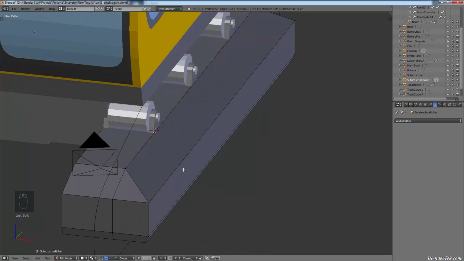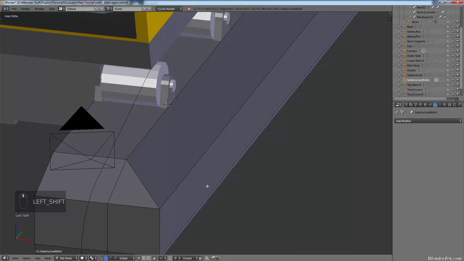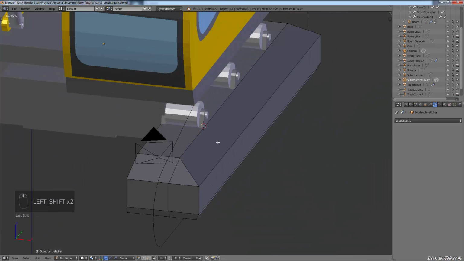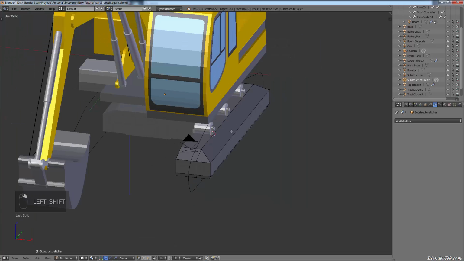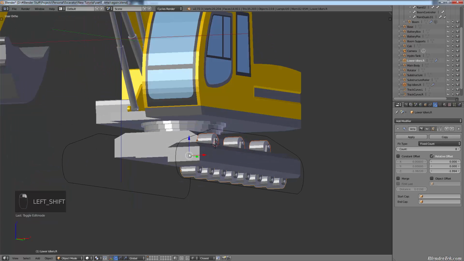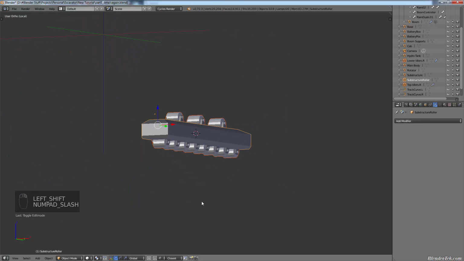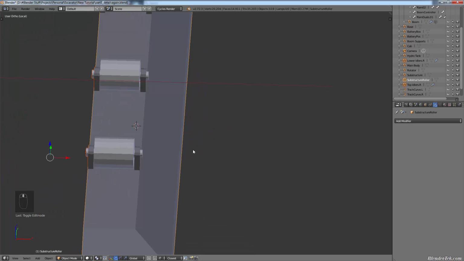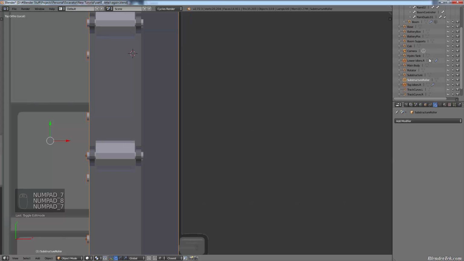So I kept the geometry simple so that this would be fairly easy. So I'm going to start hiding. Actually, I'm going to move right. No, I can't move into local view. Can I select two objects and move into local view? Let's find out. So take the rollers and these, and then go into local view. Nice. Blender, sometimes I love you, sometimes I hate you. Right now I love you. So from top view,